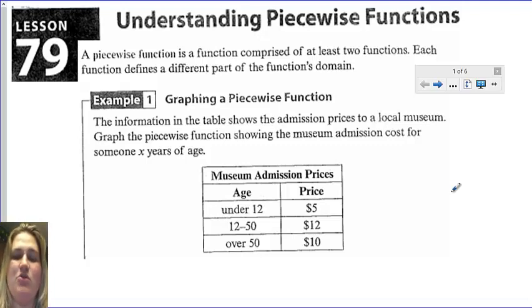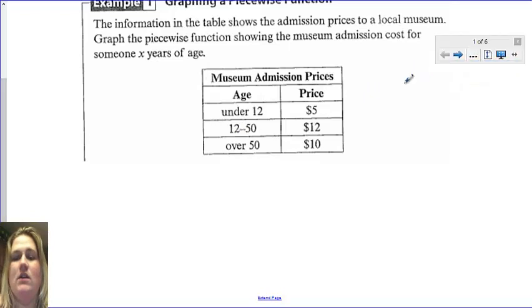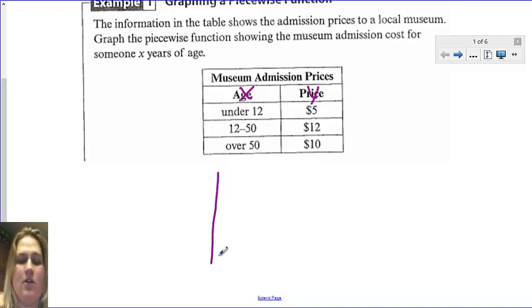The information in the table shows the admission prices to a local museum. Graph the piecewise function showing the museum admission costs for someone X years of age. Okay. So they give us that if you're under 12, it's $5, 12 to 50 is $12, and over 50 is $10. So this is my X, this is my Y, and I'm going to create a graph based on this information. Okay, so age goes down here,